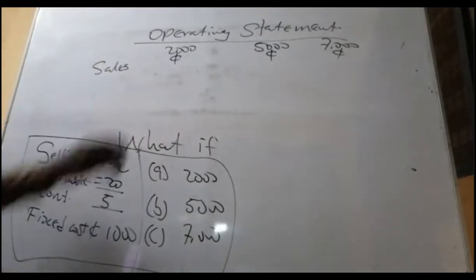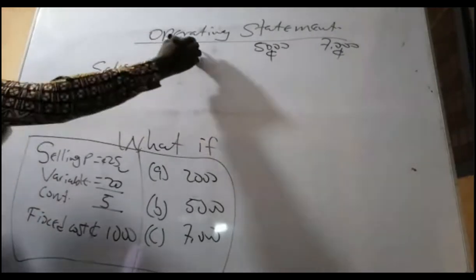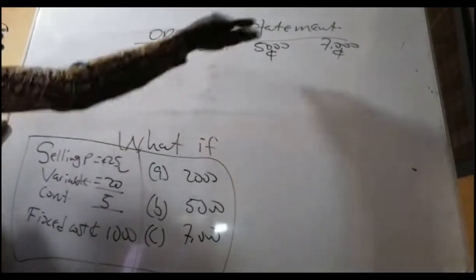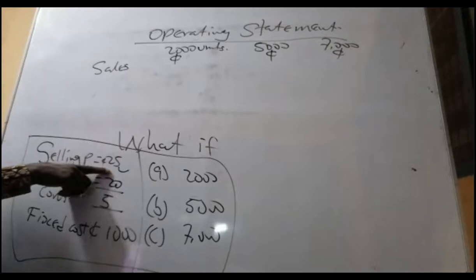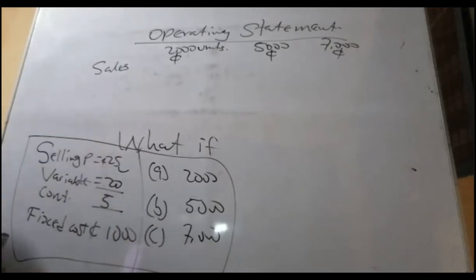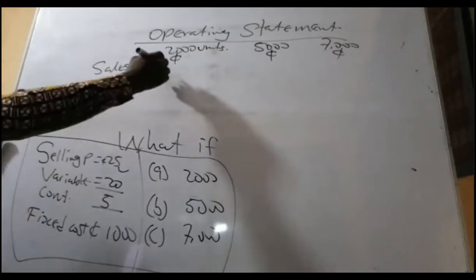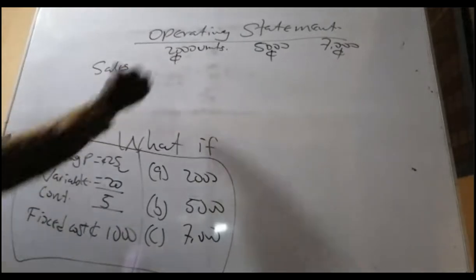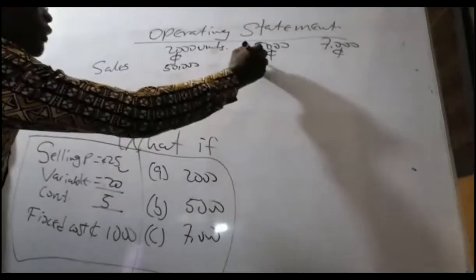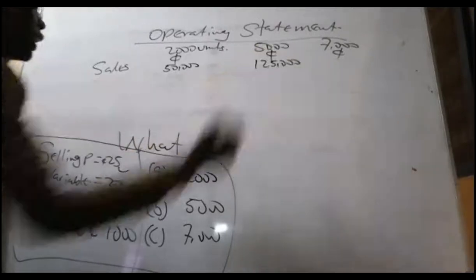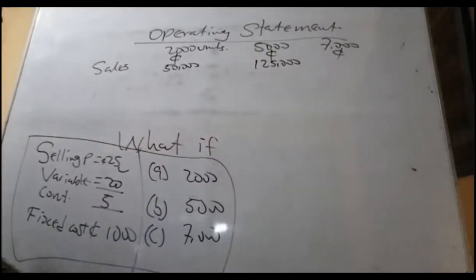What will be the sales? Now, we are assuming that when they produce and sell 2,000 units, right? If it is 2,000 units, what will be the sales revenue? Selling price is 25 cedis per unit. So therefore, 2,000 by 25, that'll give us something like 50,000, right? Okay, so this is 50,000. What about when they produce 5,000 units? So that'll be 25 by 5,000, so 125,000, right? Then when they produce 7,000, then we get